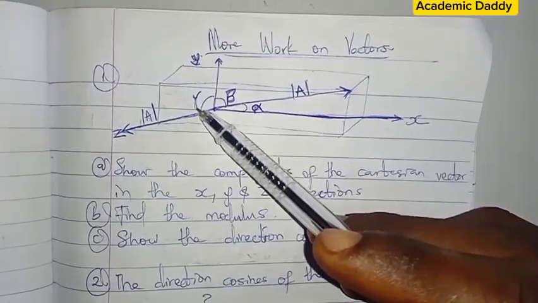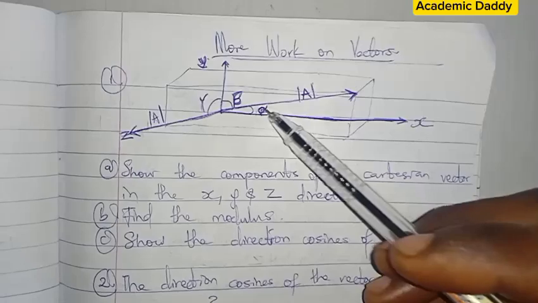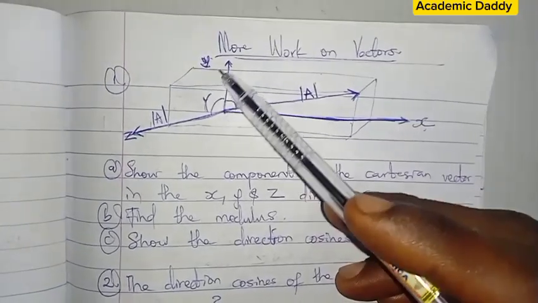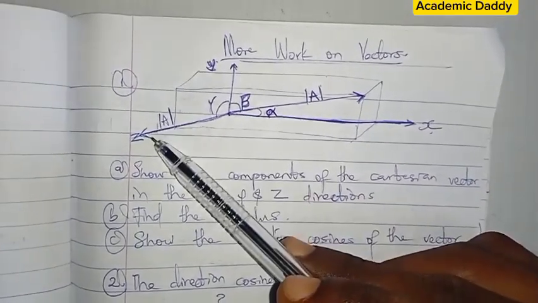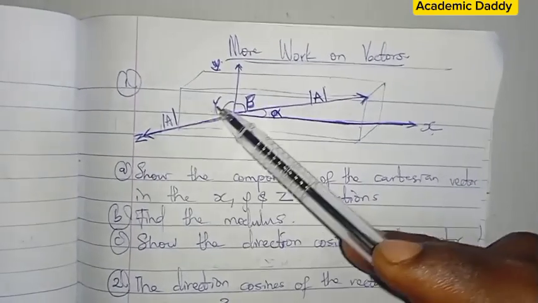Notice that this is an angle called gamma. This is an angle called beta. This is an angle called alpha. This is x direction. This is y direction. This is z direction. And if that is the case, this z, assuming they did not put this angle here,